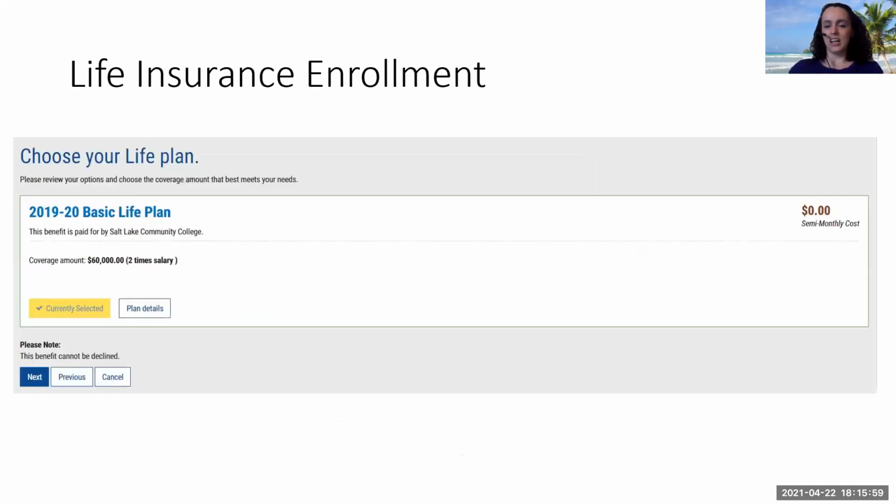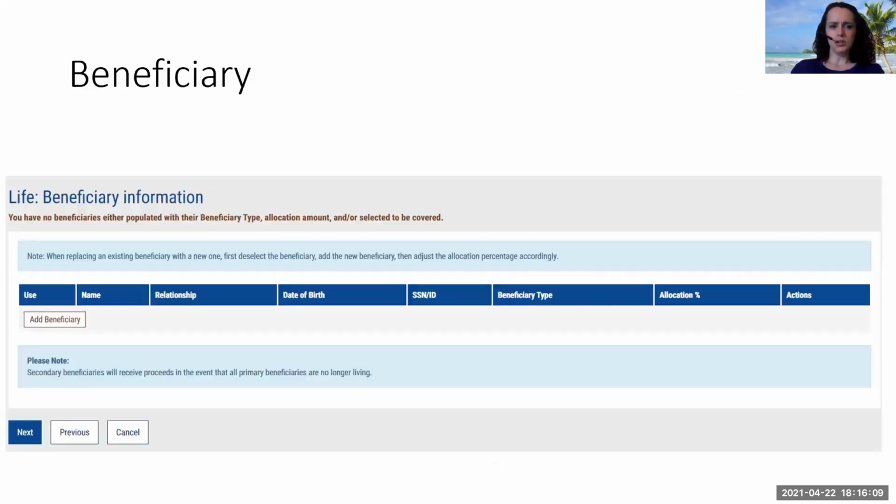So the next section, I believe it's step number 9. It's not one that you're required to go through, but it's a good one to review just to show that, by the way, you have life insurance through the college that they pay for. And then also to look at your beneficiaries. Are they up to date? Are they correct? If you want to change them, you can for sure change these at any time.